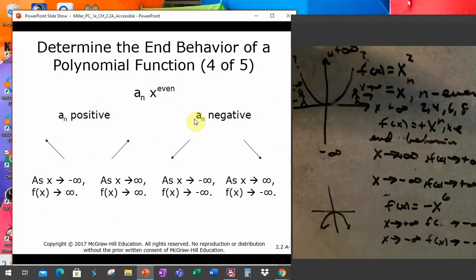And all I have to do is determine whether a sub n is a positive number or a negative number. That's what I wrote here. Negative infinity as x goes to positive infinity, and then f of x goes to negative infinity as, this should be, x goes to negative infinity. They should be switched, but